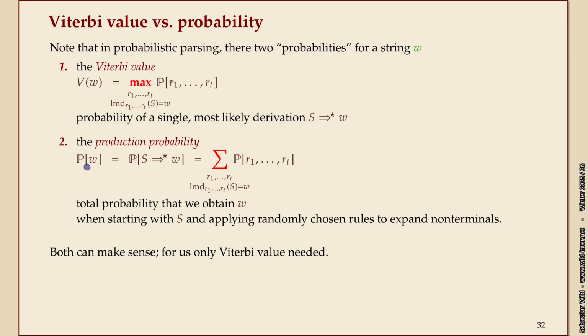You could also ask, if I run the grammar freely, I start with the start symbol, I pick a random rule each time applying according to the probabilities from the grammar, what is the probability over all of the derivations that there may be to generate my given string? And that also can make sense. That's what we call the probability of that string, or the production probability, because that's really the probability of that string in the distribution over all strings, if you just let the grammar generate freely. It's the same kind of term with the sum, except sum instead of the maximum.